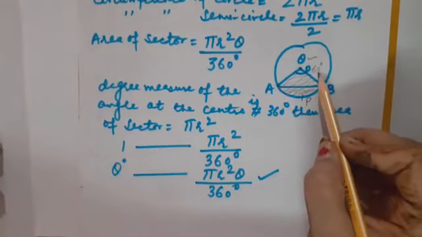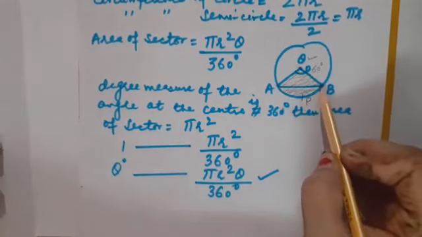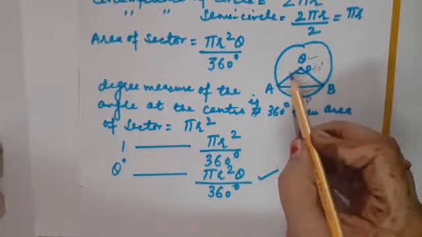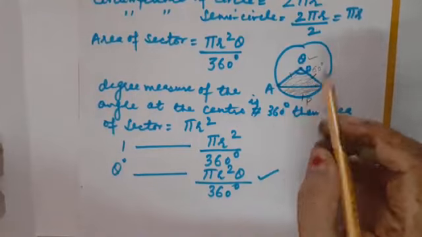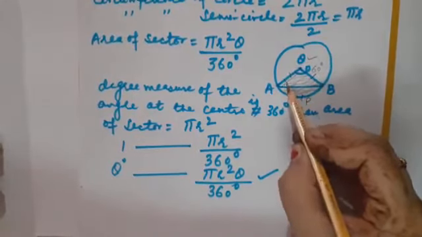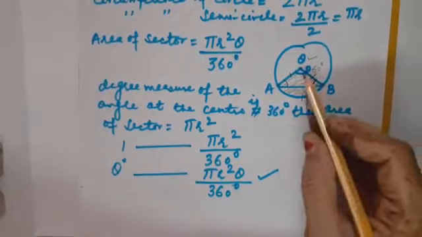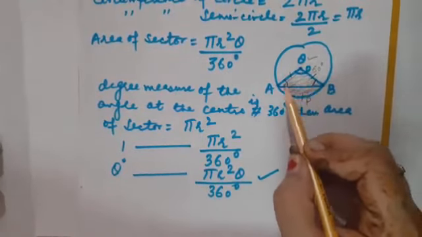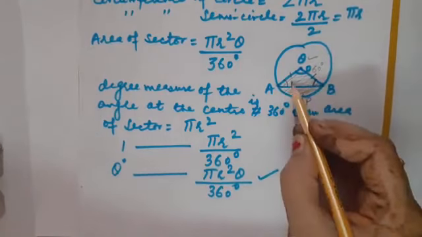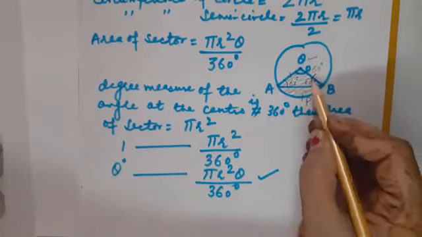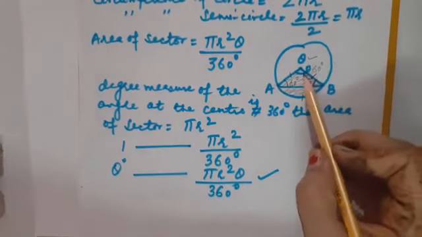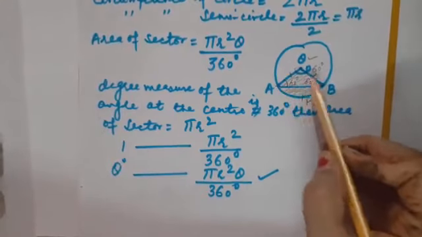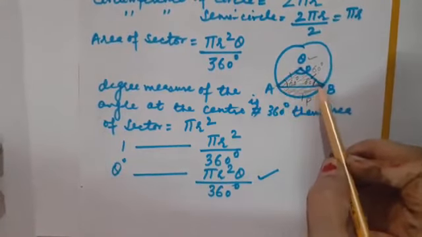Suppose the angle is of 60 degree. You know that AO and OB, they both are radii of the circle, correct? If they both are radii, means they both are equal. If they both are equal, it means base angles will be equal. Yes or no? Because it will become an isosceles triangle in that case. So if one angle is of 60 degree and these two angles are also equal, so they will also be of 60 degree each. Yes or no? So when the center angle is of 60 degree, AOB will become an equilateral triangle.